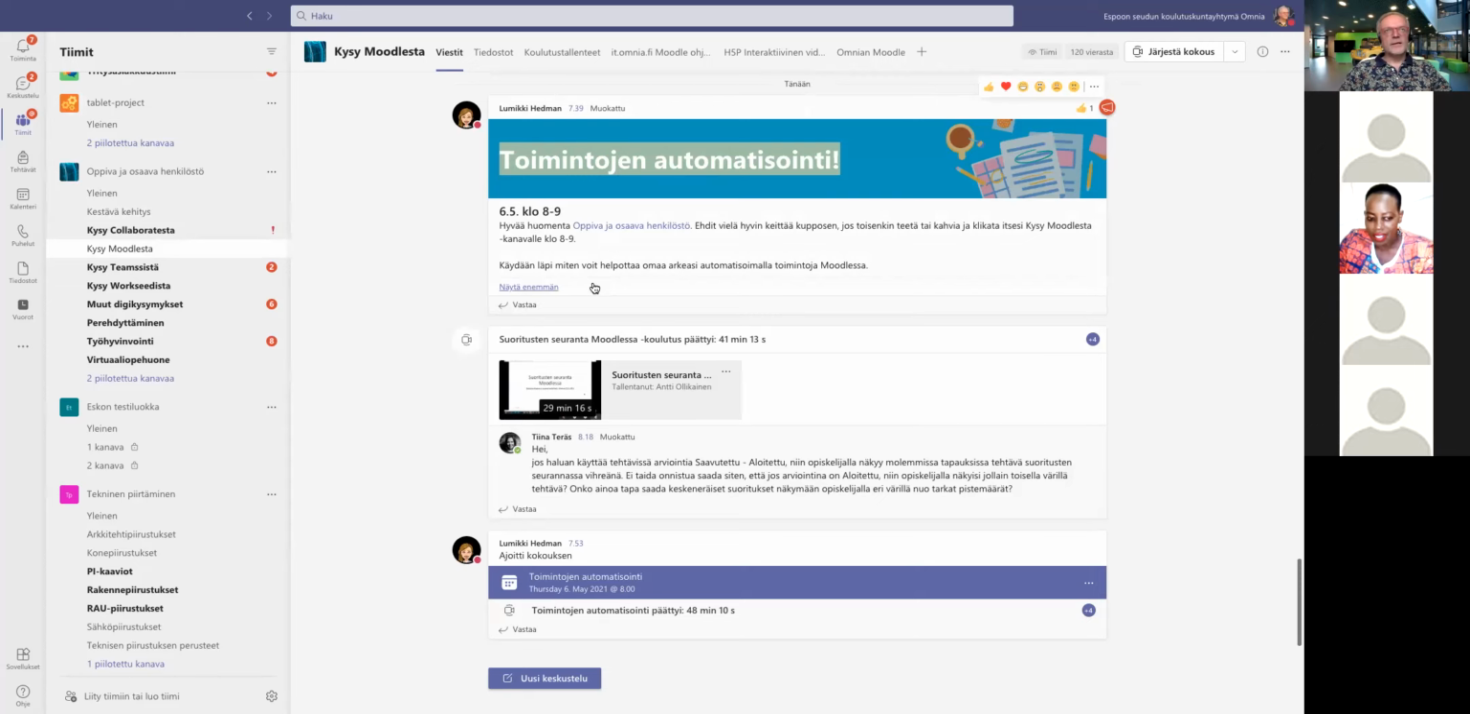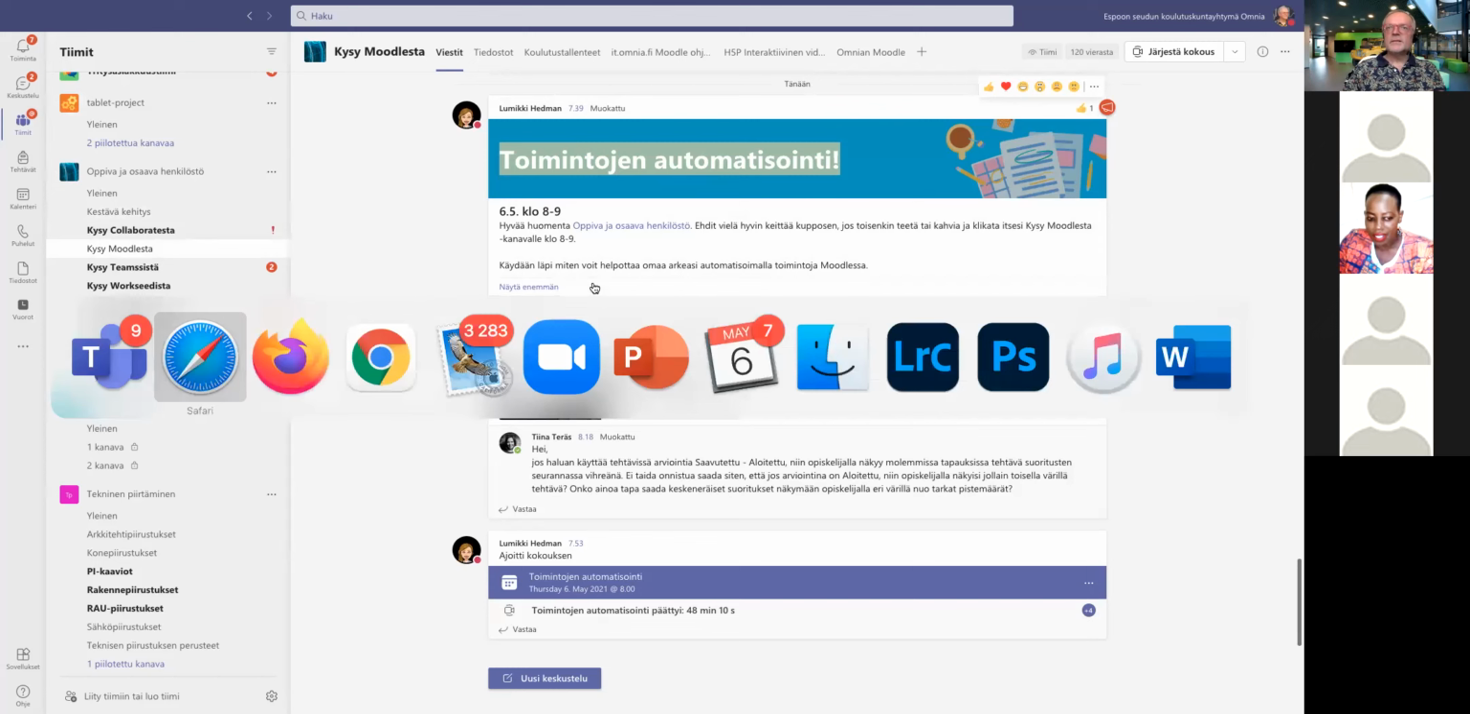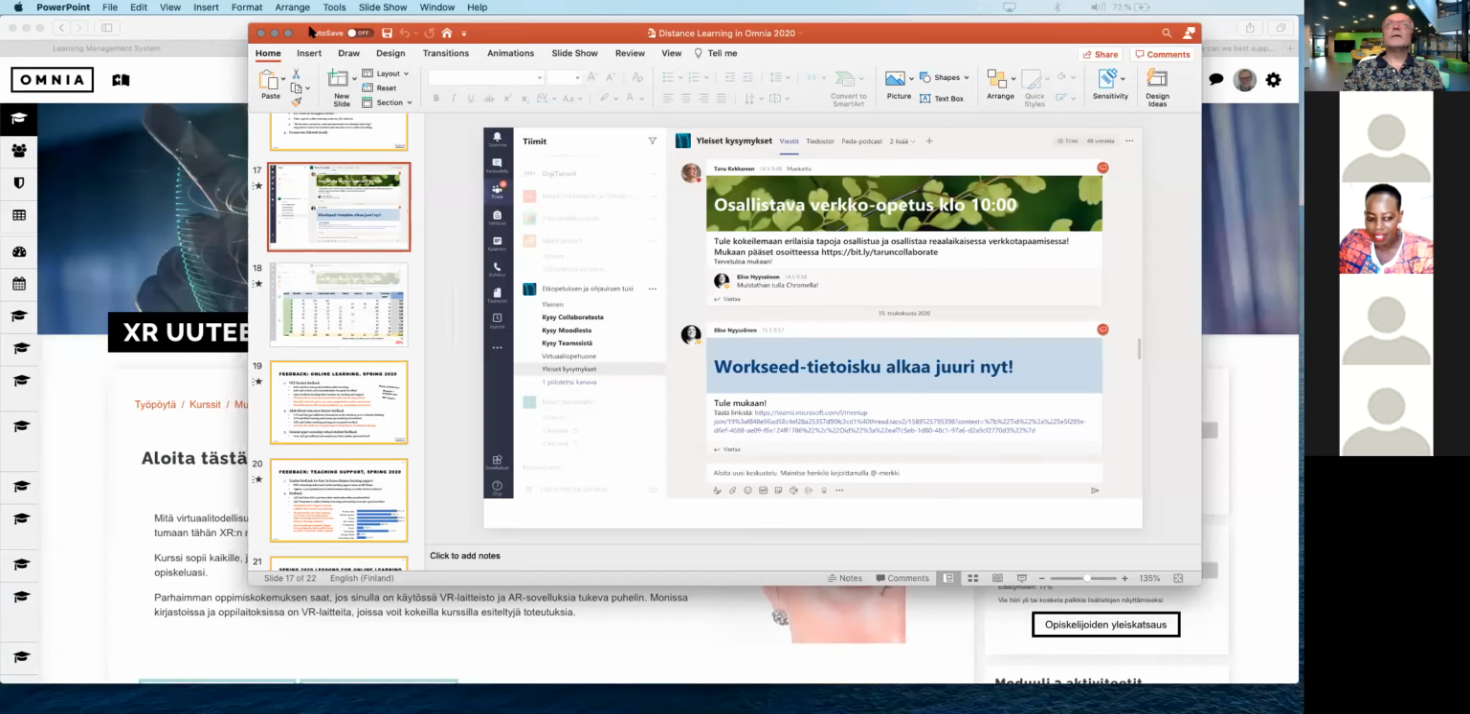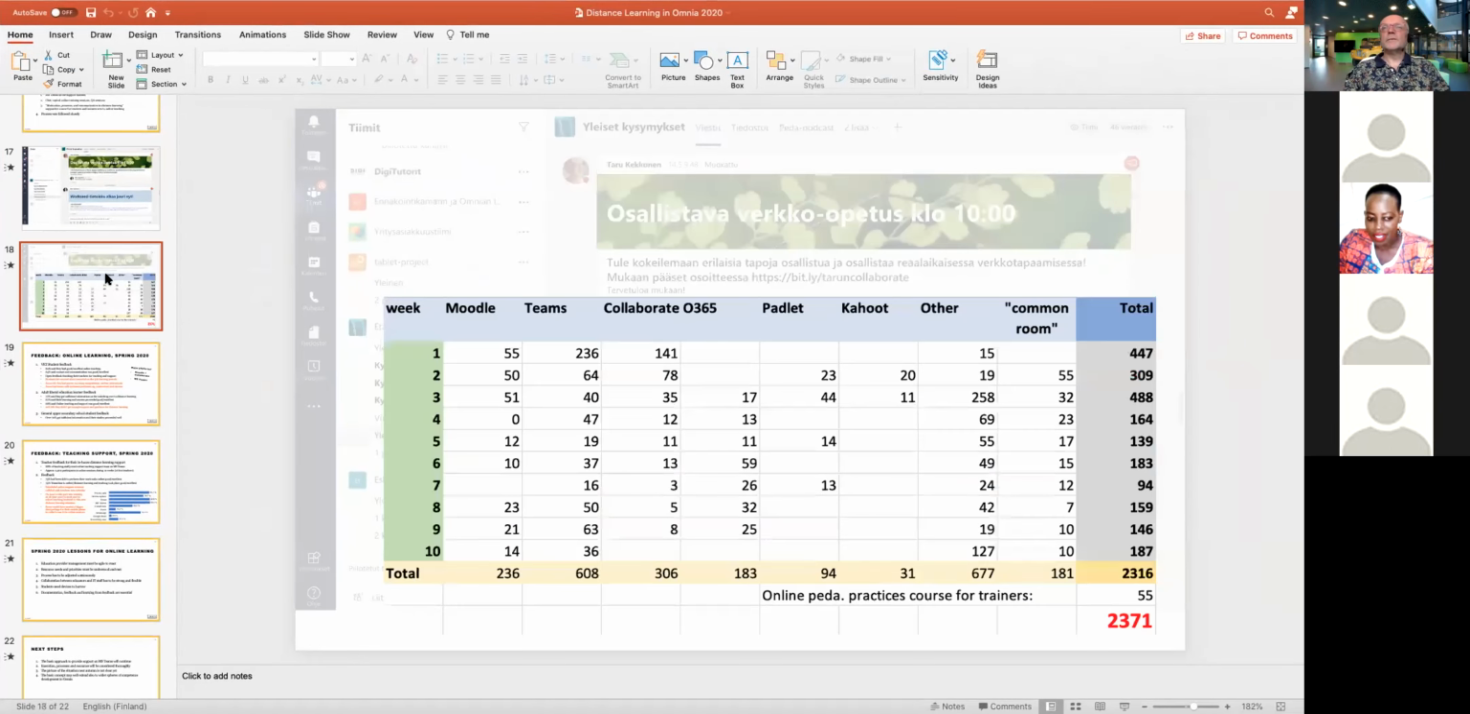And during the spring, I think it was the first 3 months. Let me see if we have a, yeah, here we have some kind of PowerPoint I made about that. So during the first 10 weeks, we had sessions supporting teachers and trainers on Moodle, on Teams, on Collaborate, and so forth. For example, on Padlet. And here are some numbers of the teachers. We have something like 600 teaching staff in Omnia. And during these 10 weeks, most of those joined that Microsoft Teams environment, and very many of those attended our support sessions, so that